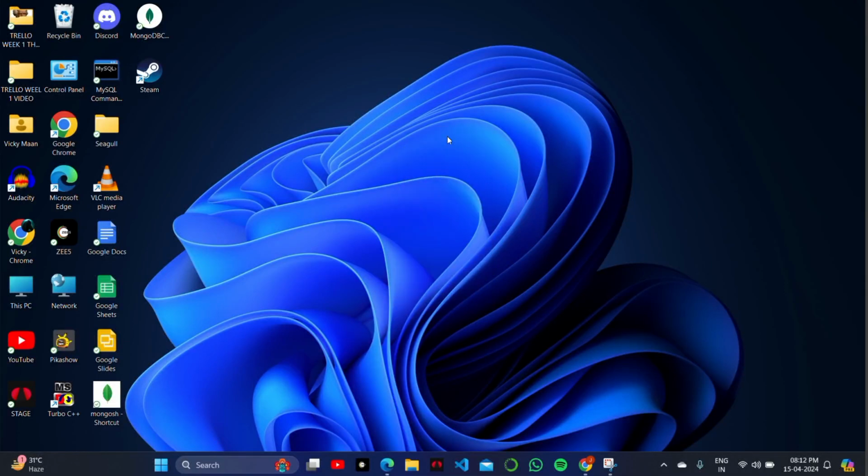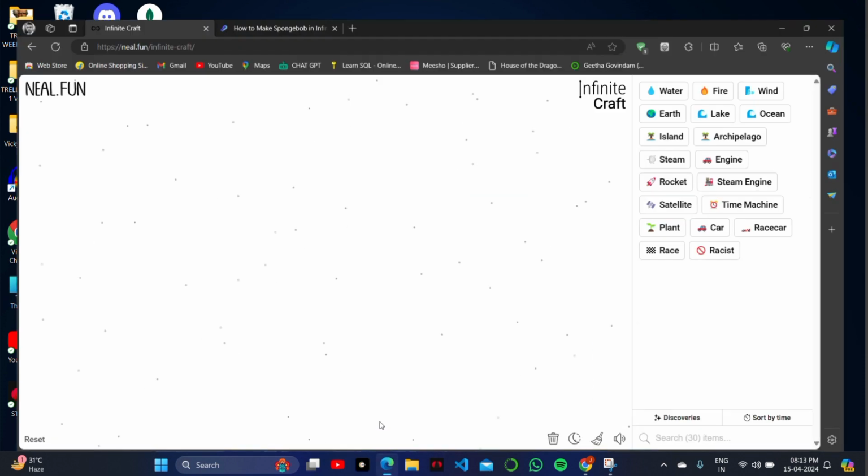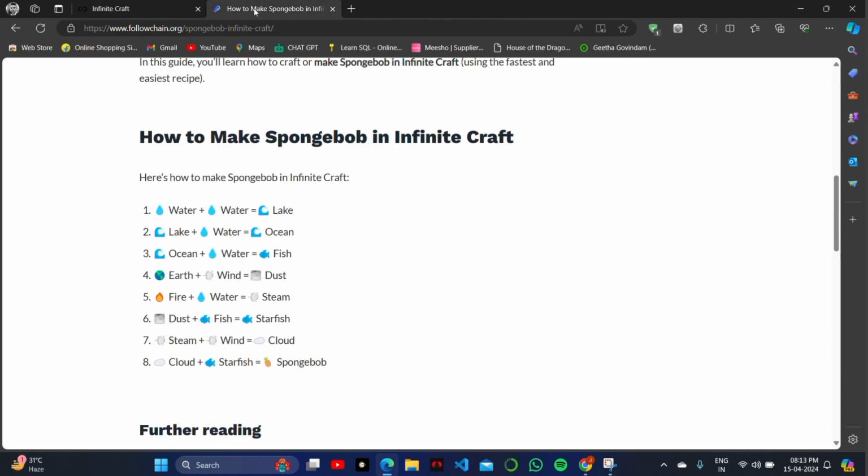How to create or make a SpongeBob in the Infinite Craft game on your mobile or desktop website. For this, I will simply open my Infinite Craft game application here and log in with my account. After that, here are the steps by which you can create a SpongeBob in your